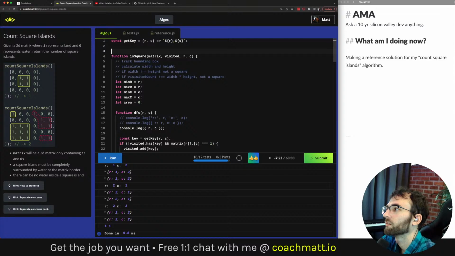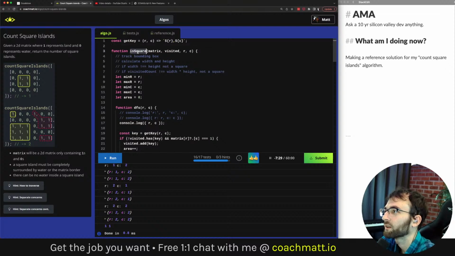Okay, so return true if square. This function is actually self-evident. You can assume that it's going to return a Boolean because of the naming. It's going to return true if it's a square. Maybe I can have some JS doc tags for what these things are, but I feel like those are also named fairly well.